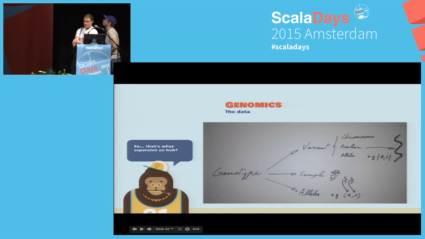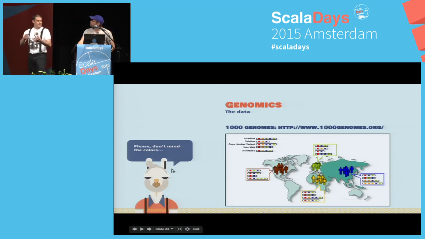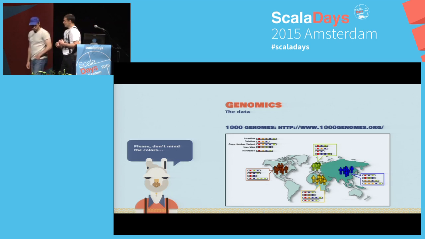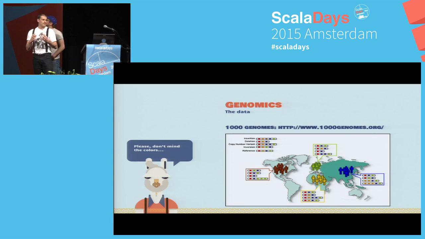On this position of a chromosome, you might have a mutation that is present or not in the individual, and the data is actually this: is there this mutation at this position of the chromosome on this individual. The trick is that we have 2 chromosomes of each kind, so we have actually 2 values to gather at this position. We take the data from a public database, which is 1,000 Genomes, and the principle is that samples